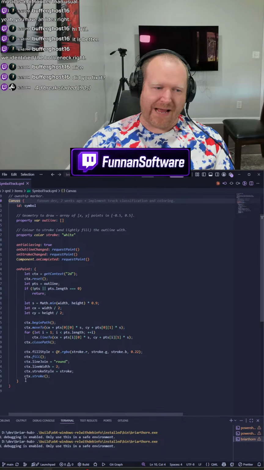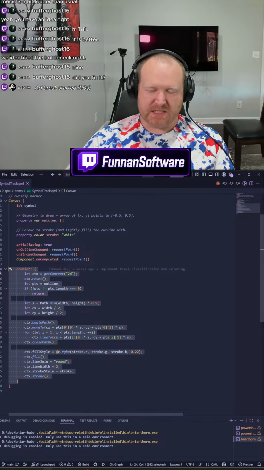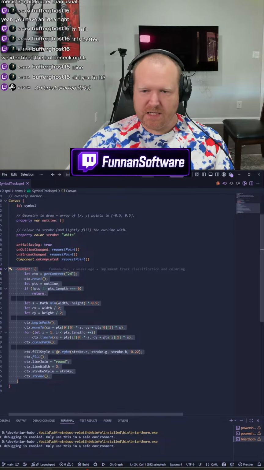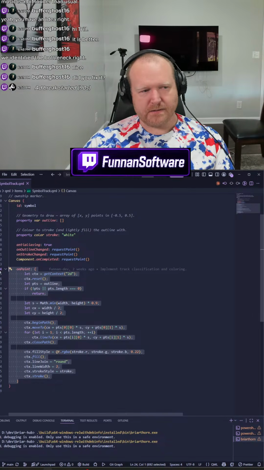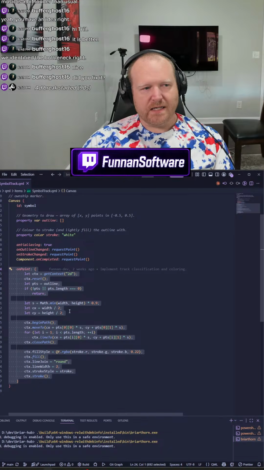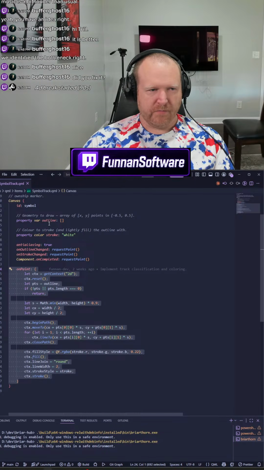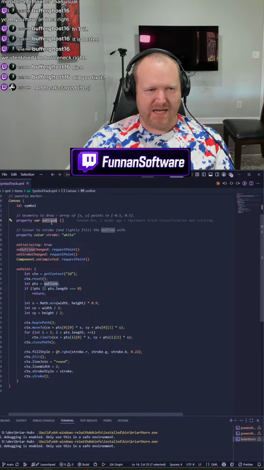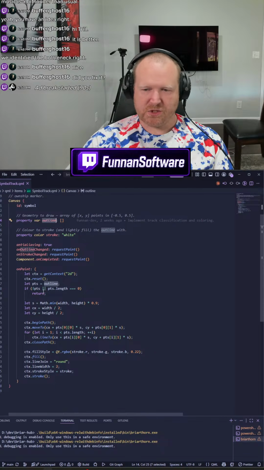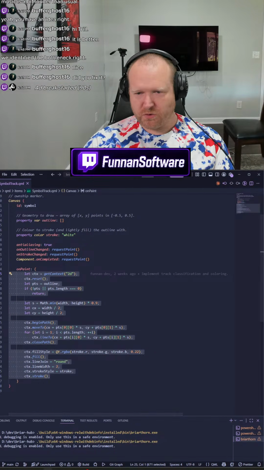It actually rasterizes on the CPU and then is stored essentially as a texture. So anytime the data that is passed in is changed, we have to redraw.